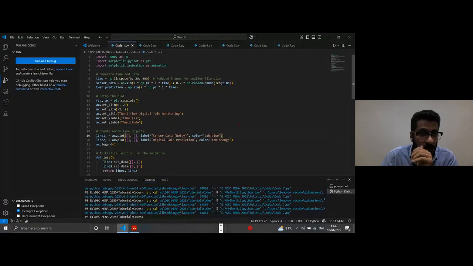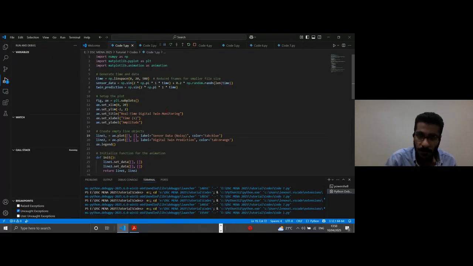Okay, right. For the first code here, I'm trying to show how we expect to get real-time matching between the data coming from the sensors, or the noisy data coming from the sensor, and the digital twin pre-trained on knowledge from physics, from continuous data. So let's run this code.